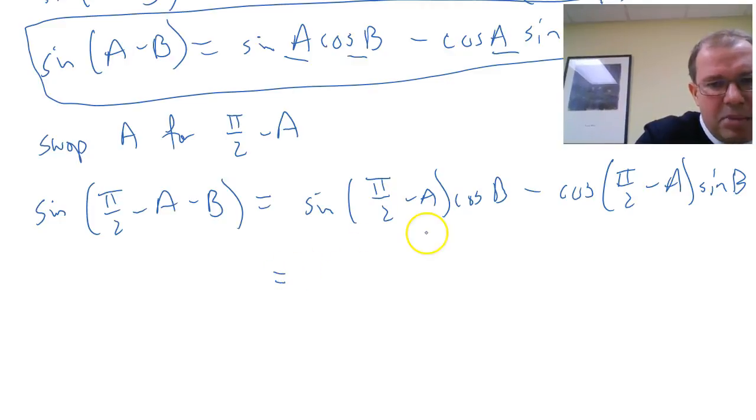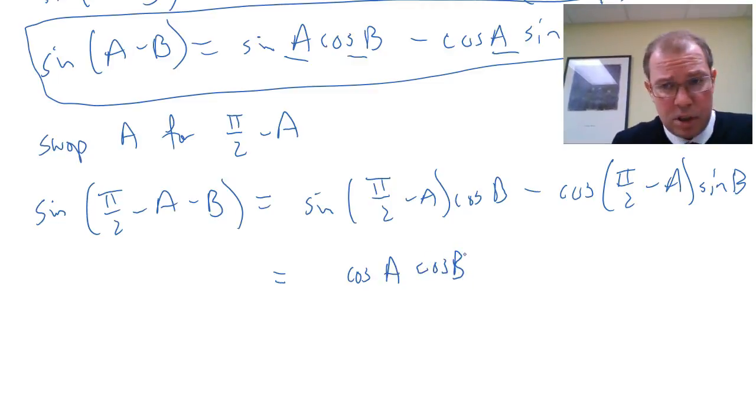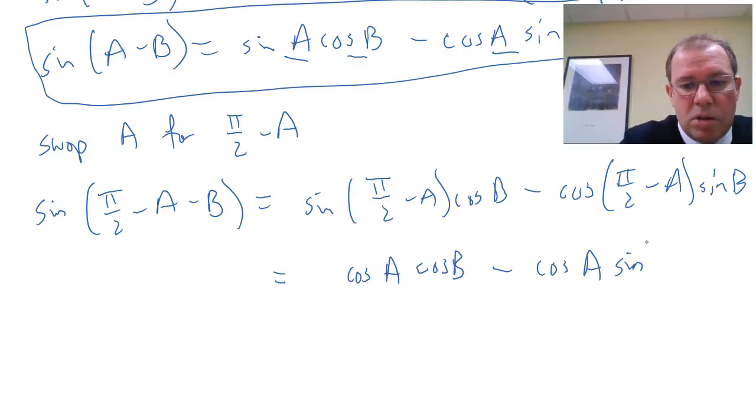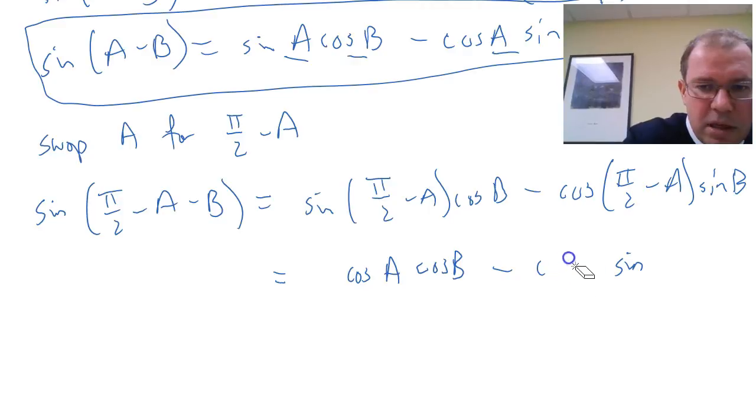We'll use the fact that sin(π/2 − a) is the same as cos a. If you're not sure about that, have a look at the diagrams, go on to Desmos and sketch sin(π/2 − x), or think about transformations. And we equally know that cos(π/2 − a) is sin a. So the right hand side comes out quite nicely: cos(π/2 − A) is of course sin A,